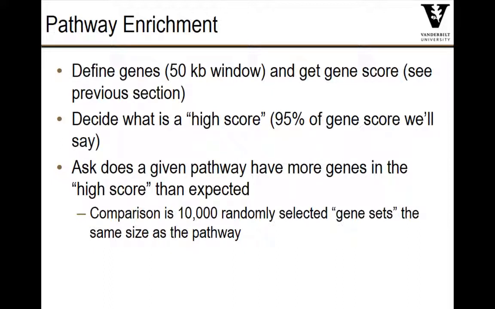We get a gene score like we mentioned before. We decide what a high score is. So we look at what are my gene scores across the entire genome for this. I'm going to call a certain level high. 5% is usually what we use, so the 95th percentile. And then what we ask is, does a given pathway have more genes in that high score category than you